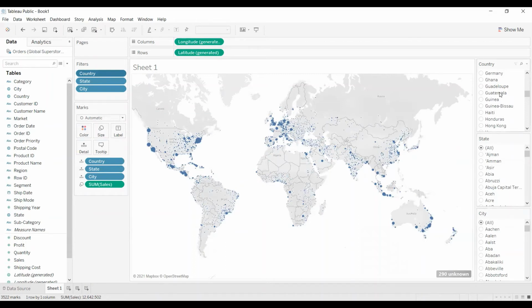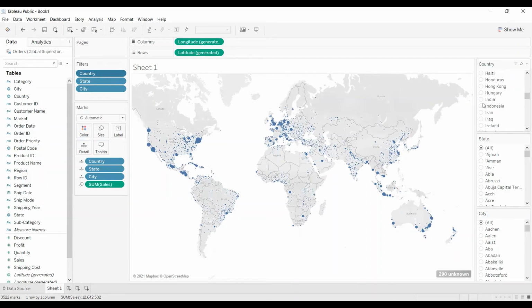Relevant values means if I select country as India, it will show me the states related to India. If I select state as Karnataka, it will show me the cities related to Karnataka. So for that reason, we are selecting the relevant values. Once you select the relevant values, it will establish a cascading filter.